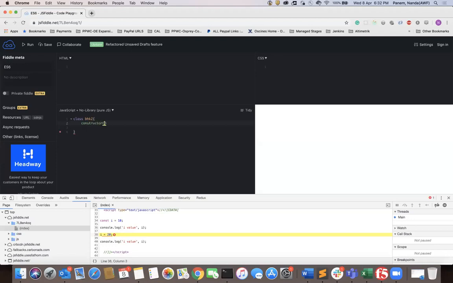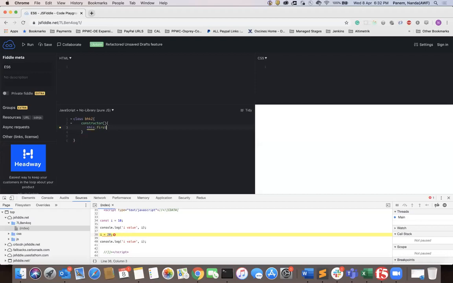In other programming languages, the name of the constructor is the class name, but in JavaScript, the name of the constructor is constructor only.